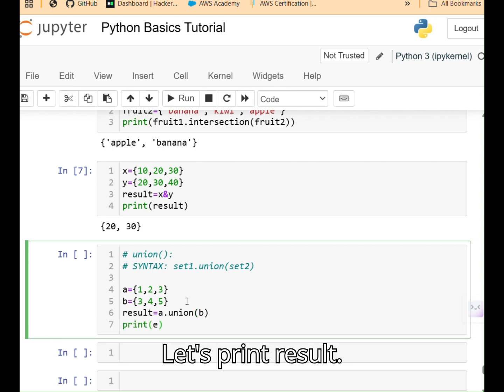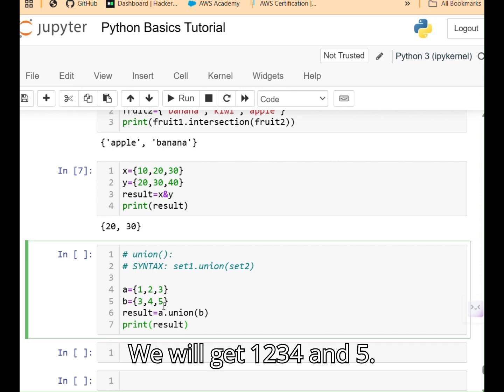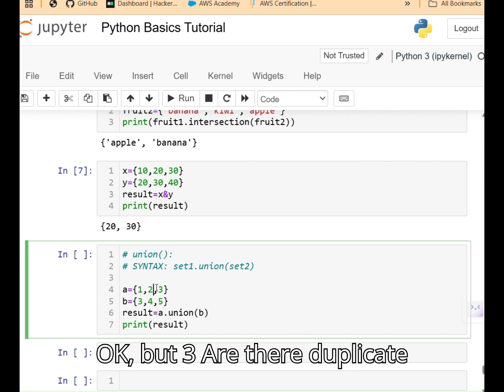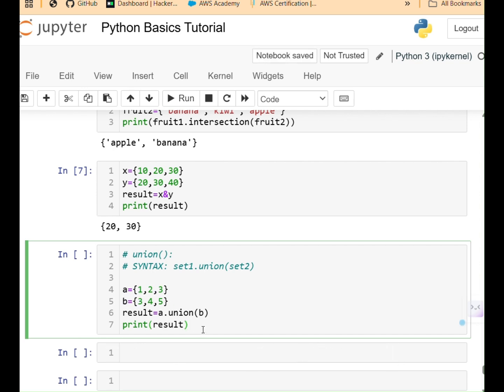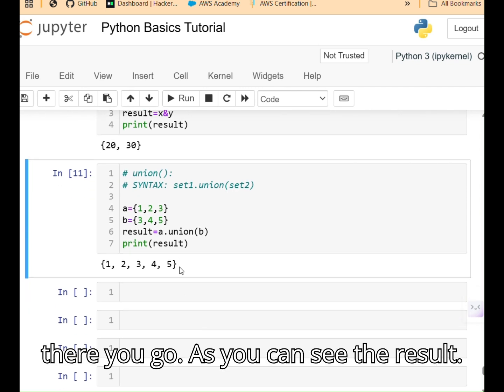Let's print result. We will get 1, 2, 3, 4, and 5. Okay, but 3 was a duplicate three times, and we only get 1. There you go, as you can see in the result. All right,